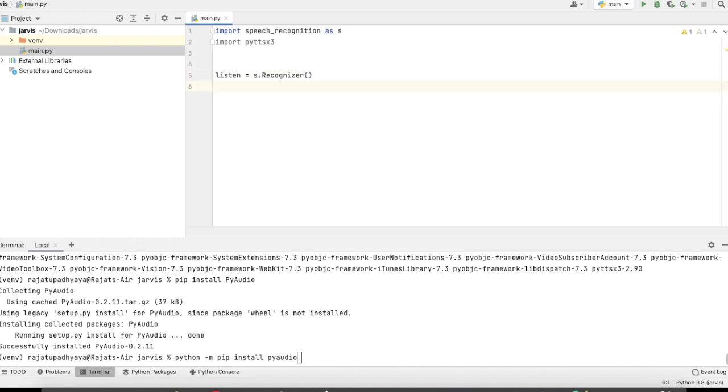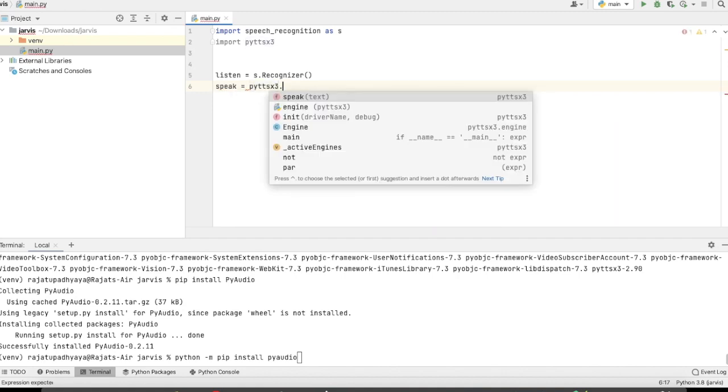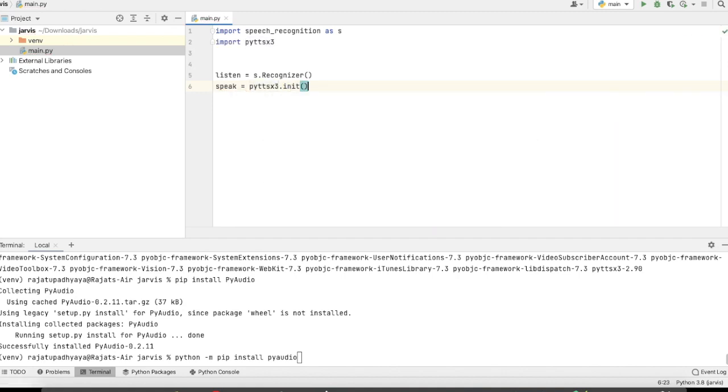Now the next one is the text to speech: whichever text comes, our Jarvis will speak it. For that I am using a speak variable and initializing it with the text to speech engine. So these two lines are done.